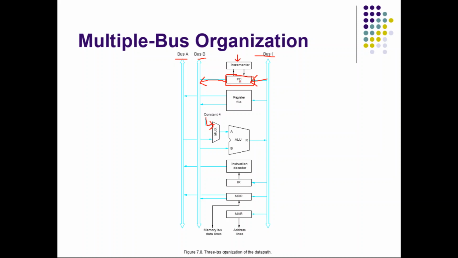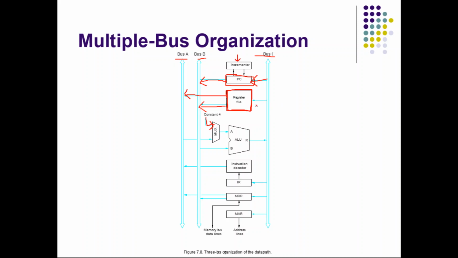Then there is something called the register file, which includes all the registers. This is something like an array of registers. Any 2 register contents can be transferred to bus A and bus B simultaneously, or any one, whatever you want. So a maximum of 2 register contents at a time can be transferred, one to bus A and another to bus B. This is if you want to read the content of any register.